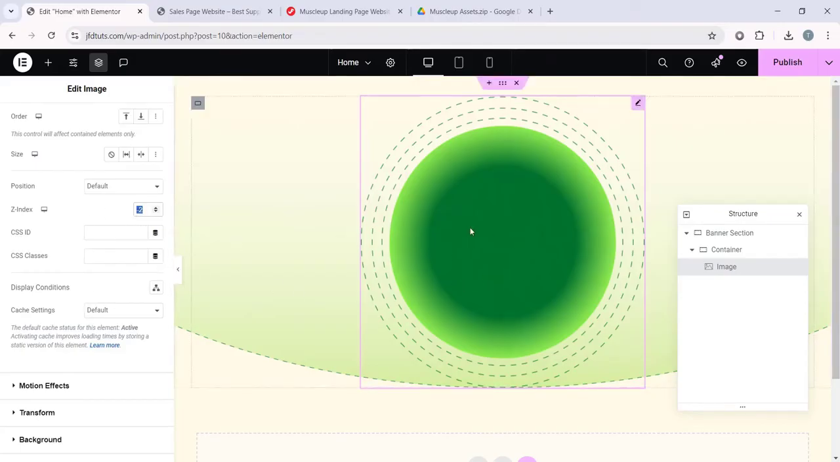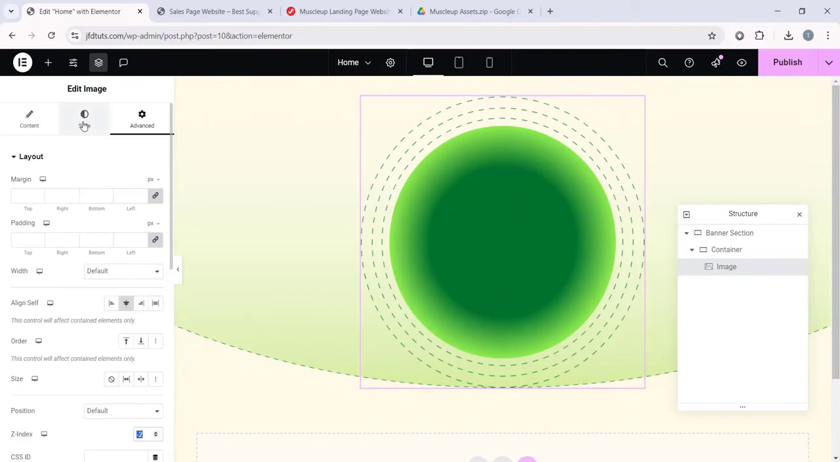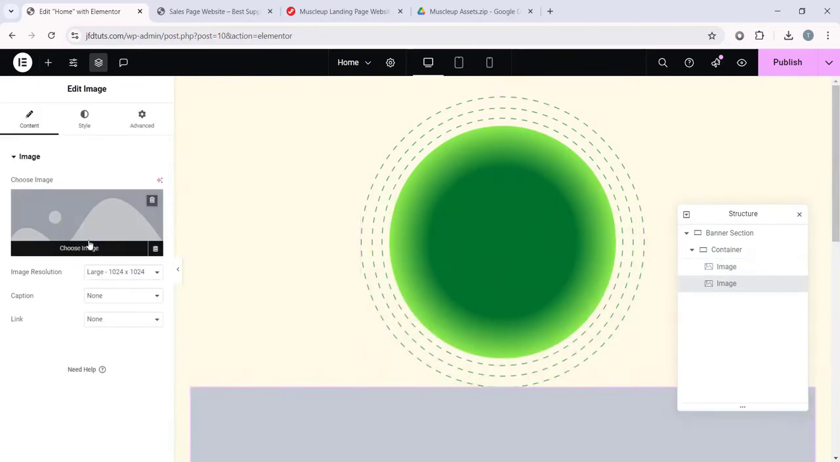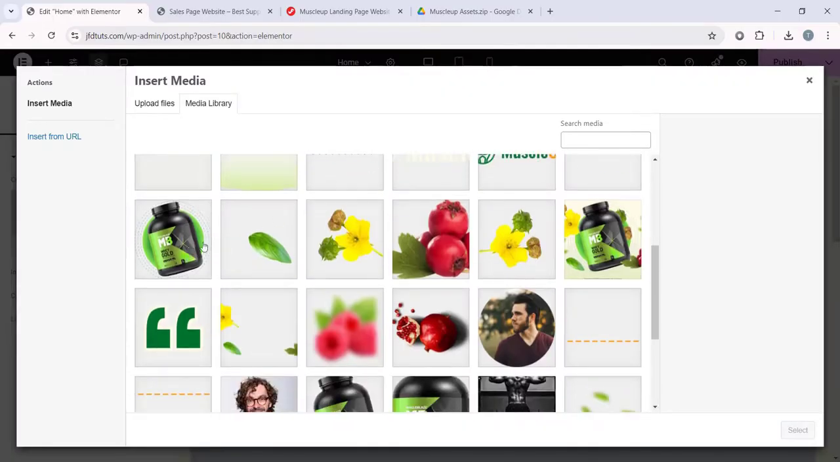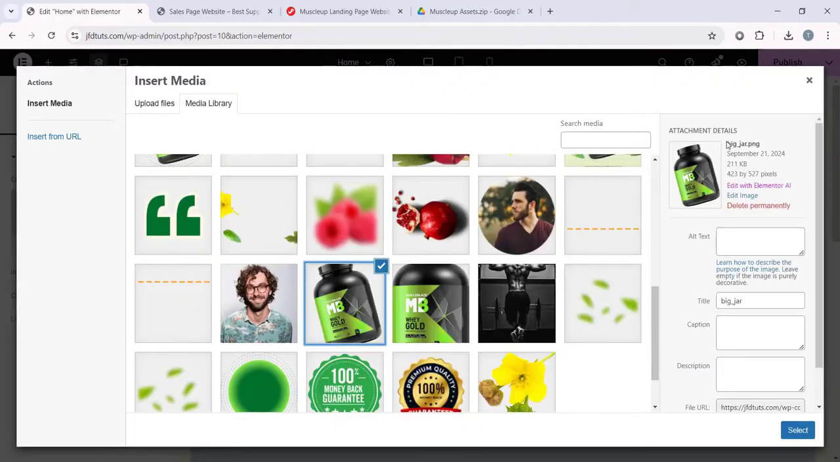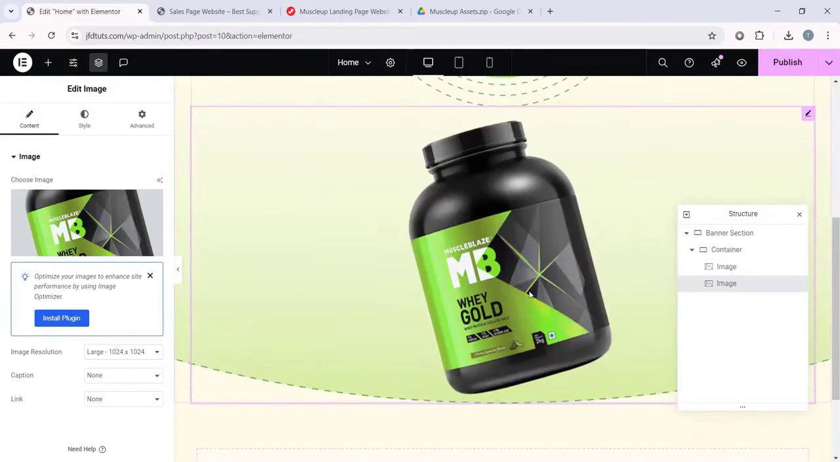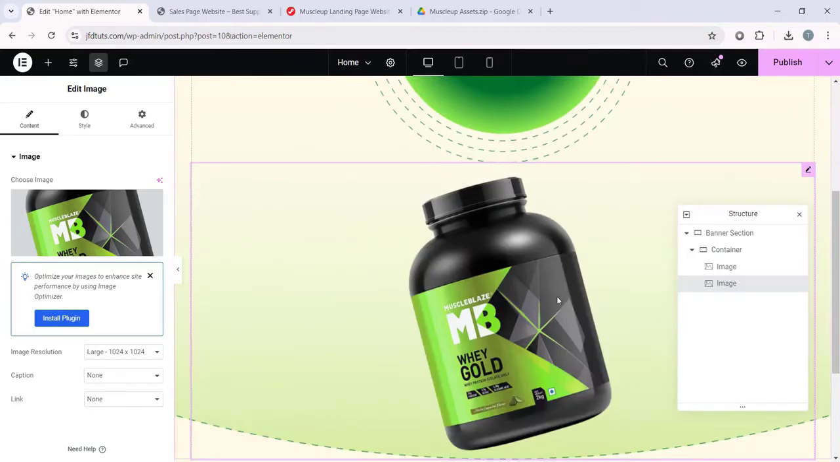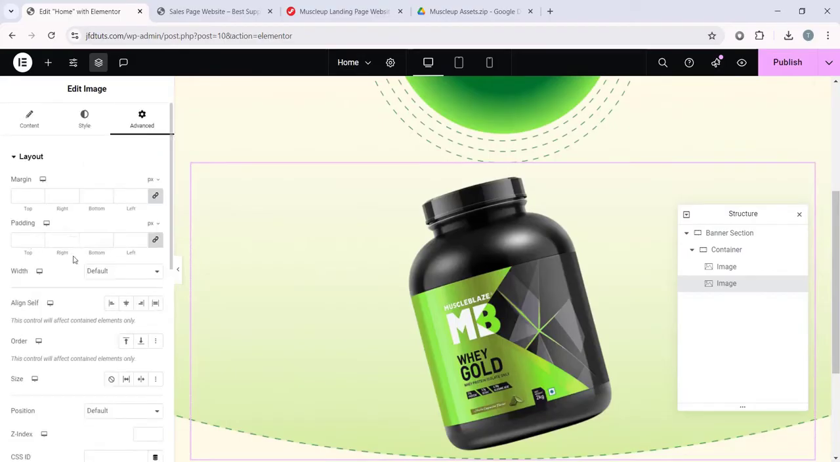Okay, so after this image I'm gonna add another image, so let's add it here, and then select this image, and from here if you scroll down, you'll find this image. This is called bigjar.png. Select this and it will be here, but actually I want this image exactly right here, like on the middle of the circle. So to do that, we can easily use the custom positioning. So first of all, select the image, go to the advanced tab,